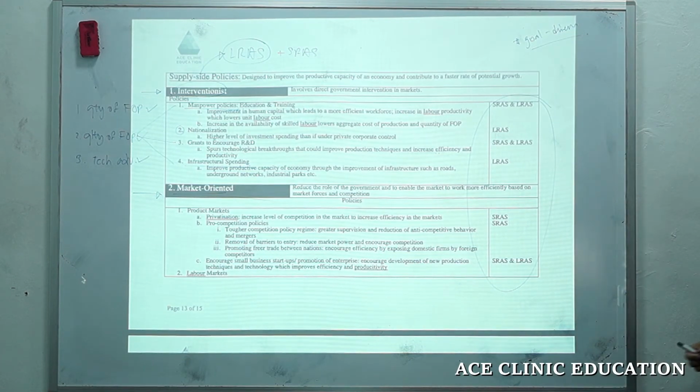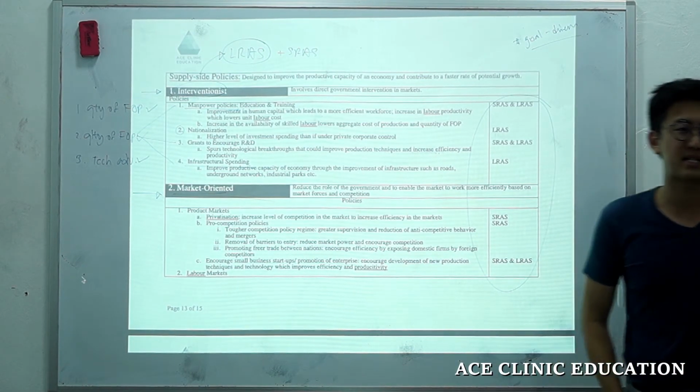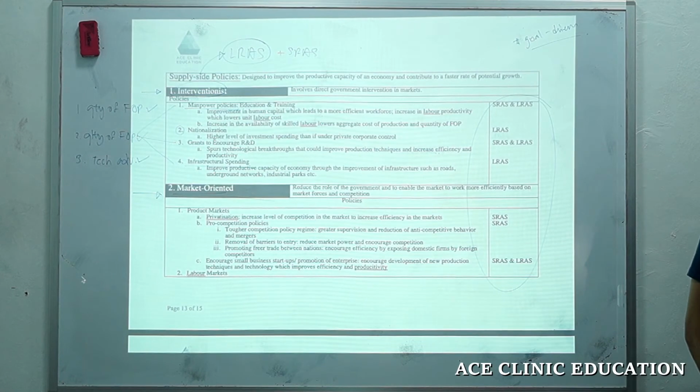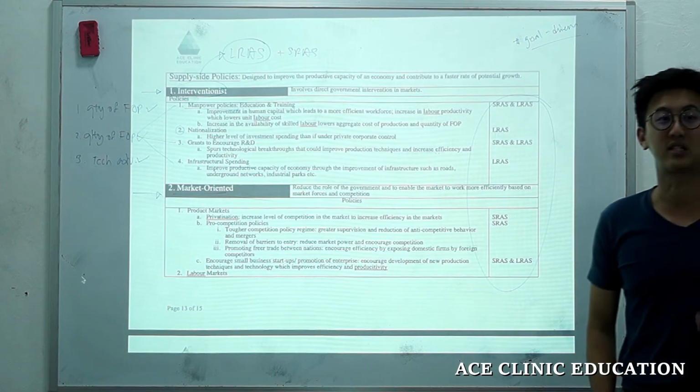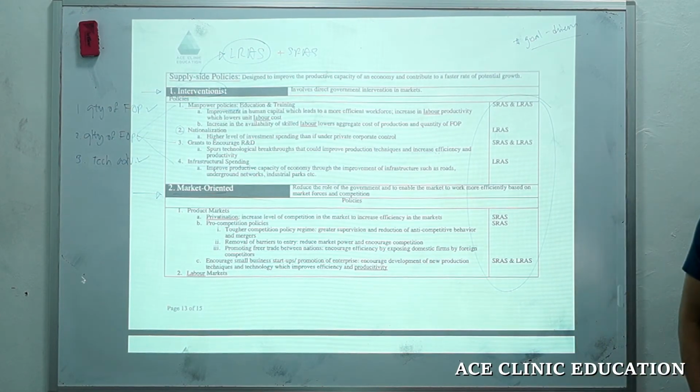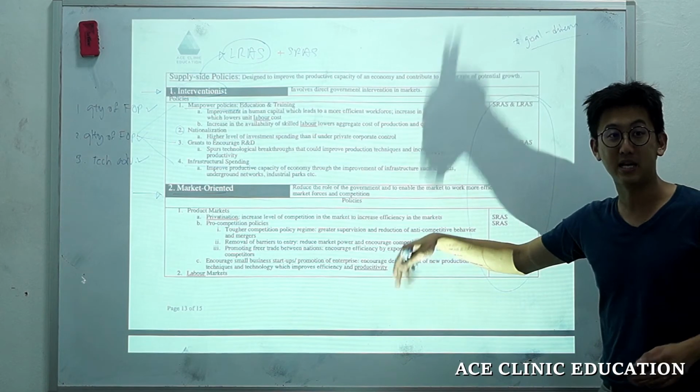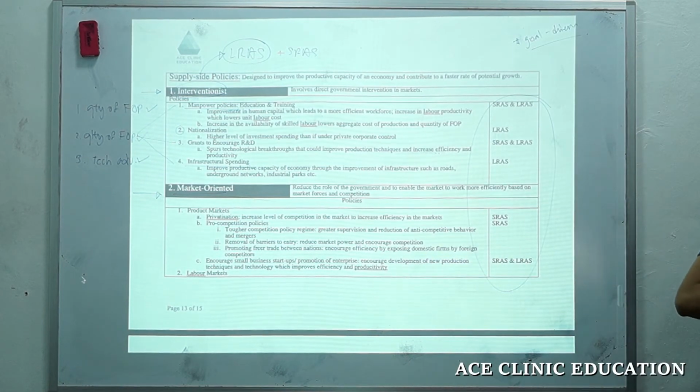Meaning what I tell you that generally is for LRAS and to some extent SRAS. What you will find is that supply side policy is always used as a silver bullet. Supply side policy can solve almost all the problems that demand side policies cannot solve. For example, structural unemployment cannot be solved by demand side policies, can be solved by supply side policies, but here's the thing. You need to pick the correct one that you can tie in with your example to solve structural